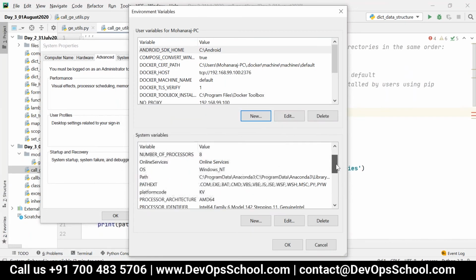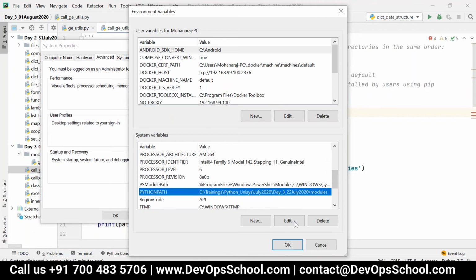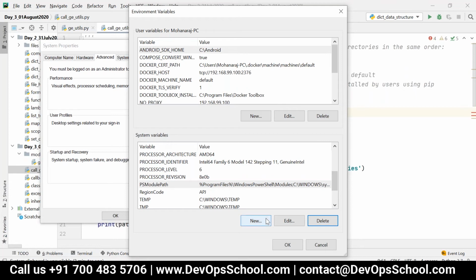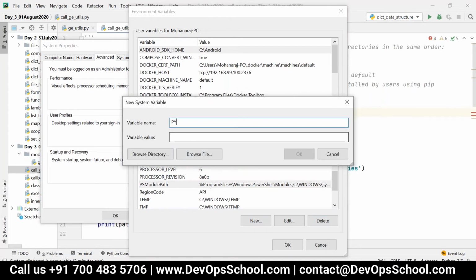Or else what you can do is you can just create PYTHONPATH under system variables. Say new, say PYTHONPATH, and then add that particular directory. Let me just copy the directory now.